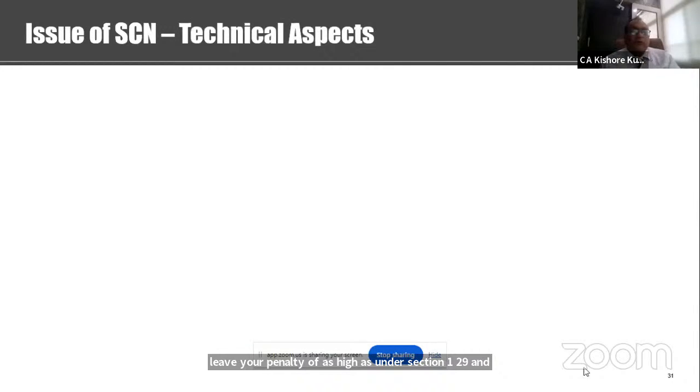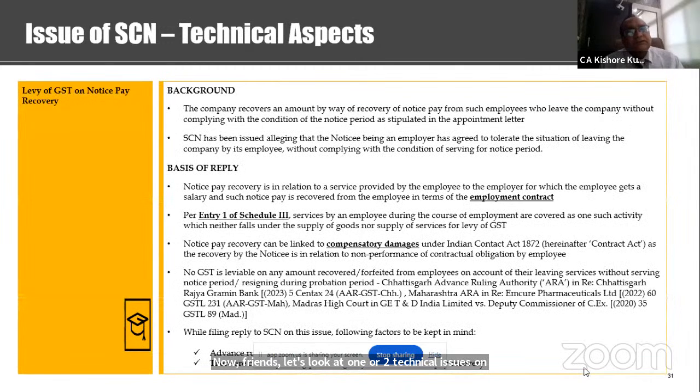Now, friends, let's look at one or two technical issues on which we have seen a lot of notices coming across the industry. The first issue is the levy of GST on notice pay recovery. Friends, what is happening is that if any employee wants to leave the organization early without serving the notice period, the companies typically recover an amount for the default. It is either recovered from the employees or adjusted through the full and final payment due to the employee. Now, what the authorities are saying is that whatever is recovered should be taxable under GST as a service, because the